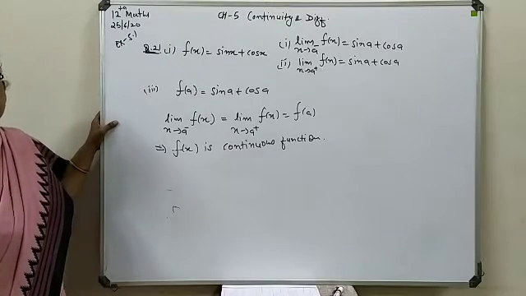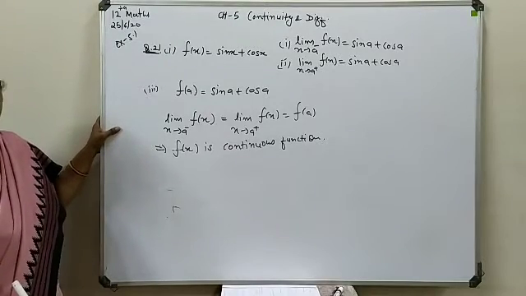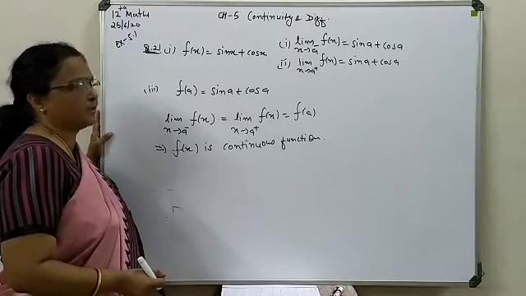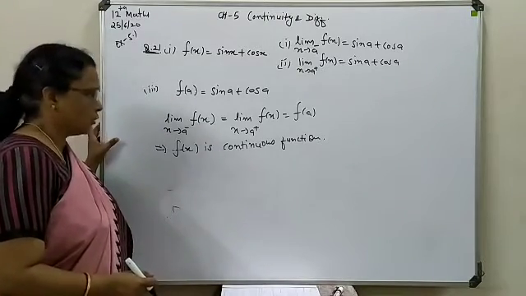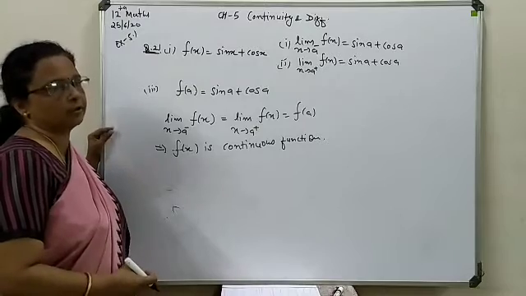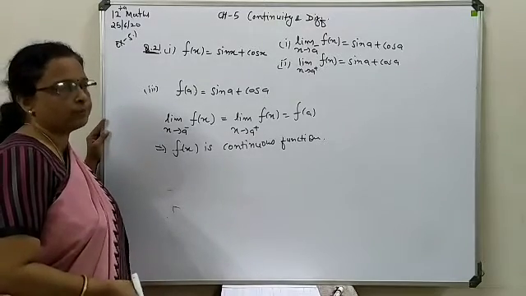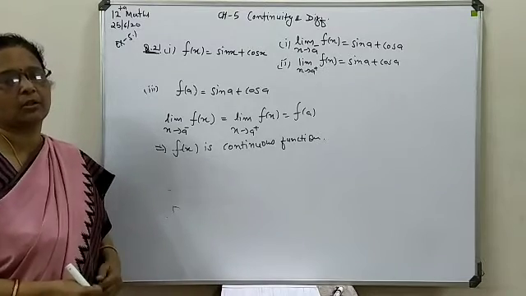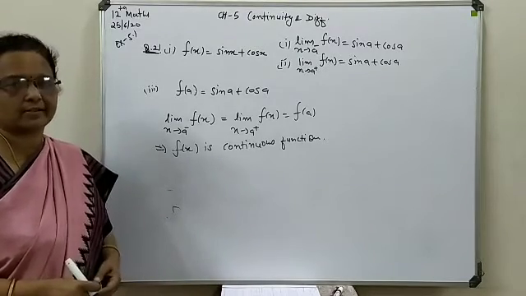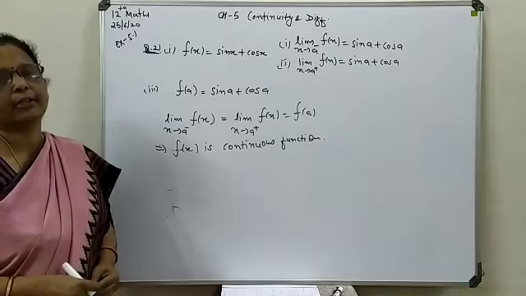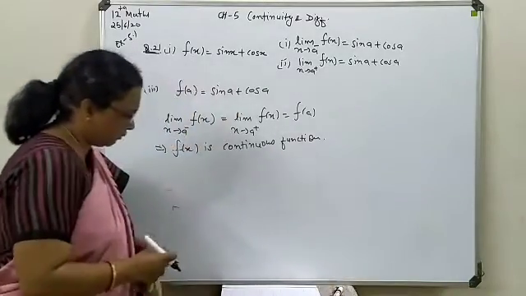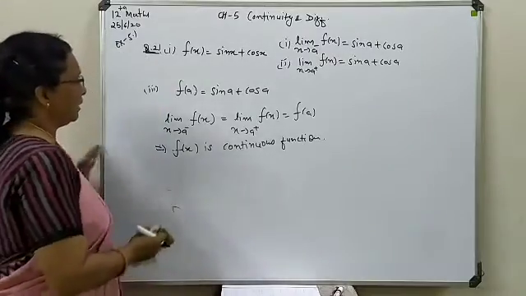So this way, in general, when trigonometrical terms are available in combined form, you have to check whether it is continuous or not. So these all are the questions based on continuity and discontinuity. Now next we are going to move towards the question type in which the function is already continuous at a certain point and we have to find the unknown quantity. So for that we are going to attempt question number 26.